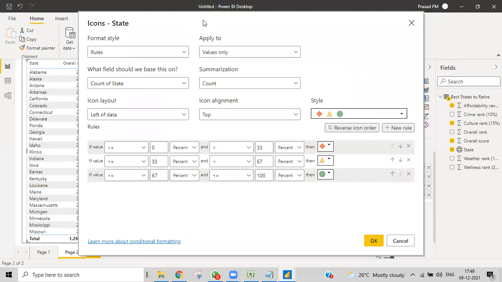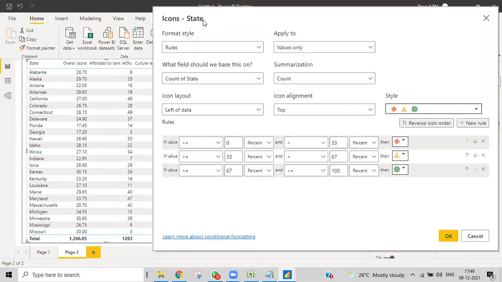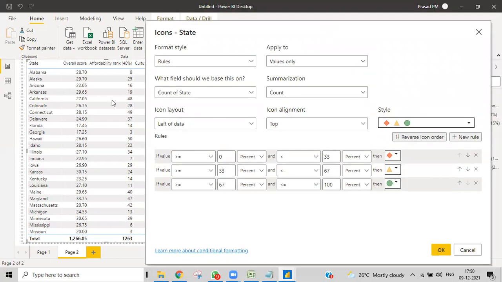What I want to show is some values, so some symbols or whatever it might be based upon some other field. I selected state. According to the overall score, according to the affordability rank, I want to give some symbols for this particular state.